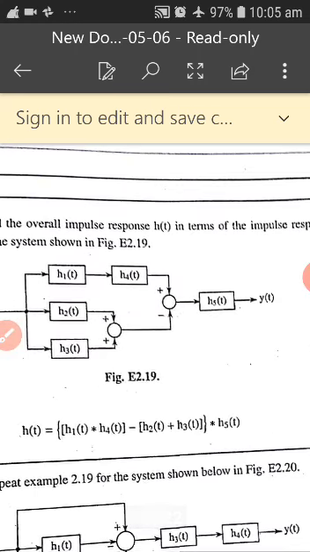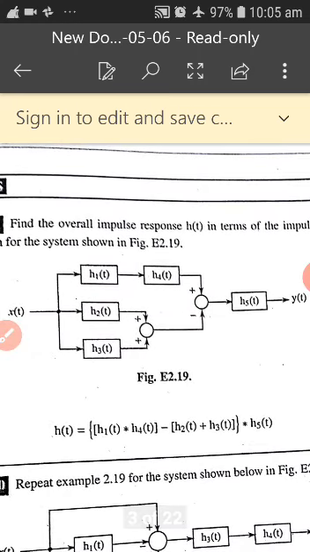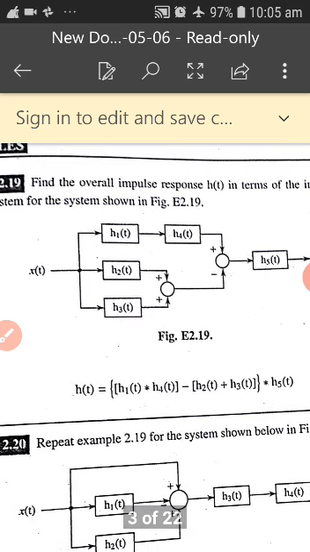He is asking us to find the overall impulse response h of t, and here you should remember that x of t is being given to h1 of t, h2 of t and h3 of t, and h1 of t is given to h4 of t. So how to write this impulse response h of t? h of t is equal to, first what we are going to do is